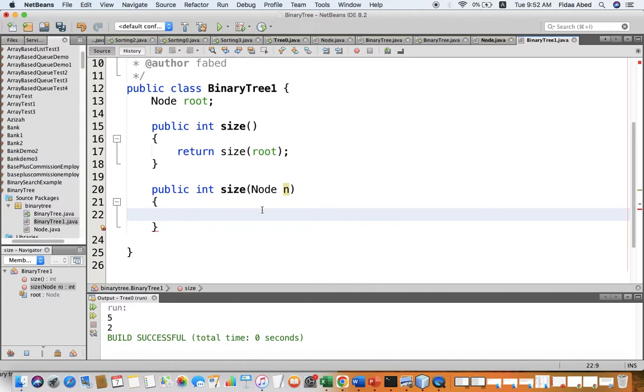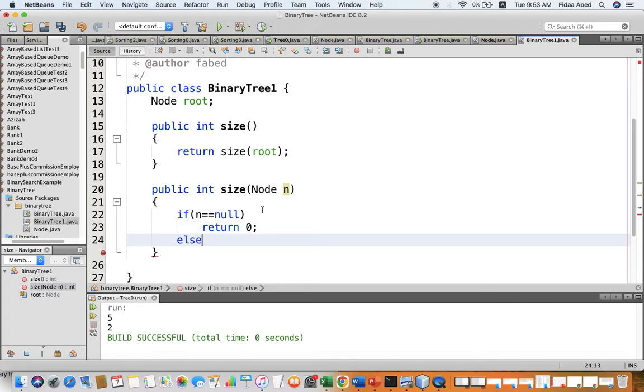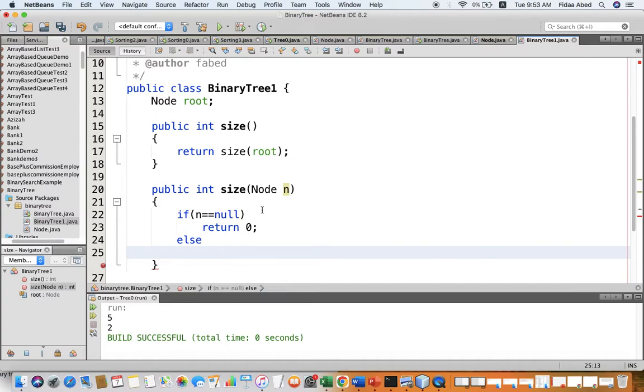So now let's try to implement this method, size of node n. If I have a node n and I want to know the size of the tree that has root n, if n is null, this means I don't have node n. So in this case, I should return 0, because I don't have any nodes, not even the root. Otherwise, here I will use recursion. Recursion is very powerful here. So if the node n is null, I will return 0. If it's not null, then I will return